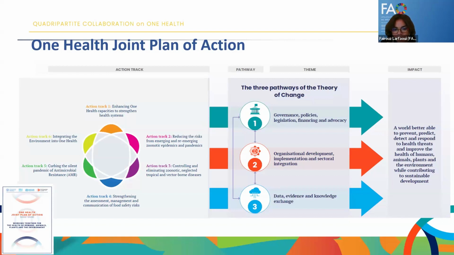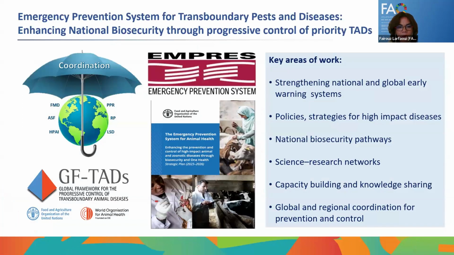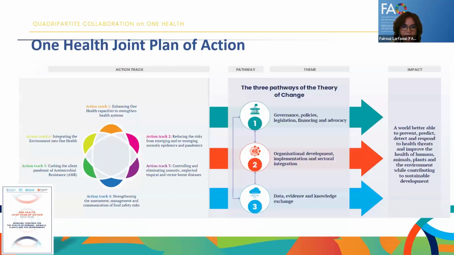And here, what I would like to highlight, seeing all these action tracks, is that it's different organizations, and we all work on all these action tracks, but the idea is really to have more interconnectedness among all these activities, action tracks, sorry. I did not go into details on the fact that there was also a theory of change that was developed, which is oriented into 3 important components that are key for advancing One Health.